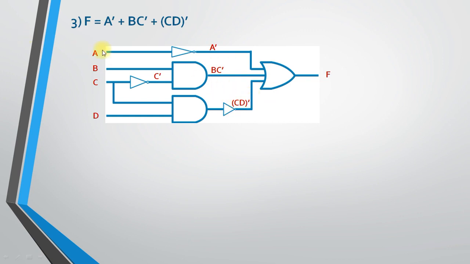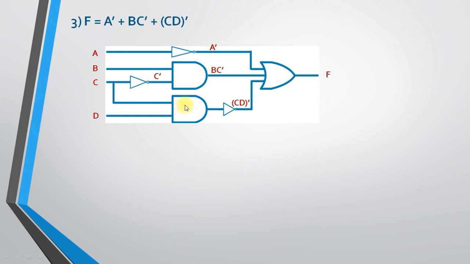Let me repeat this once again. There are 4 input variables, 1 output variable. As the first input of OR gate, A passes to the OR gate, but in between there is NOT gate. So A dash value is passed over here. Similarly, in the second expression, the value of B goes directly, the value of C goes inverted. So B, C dash. But over here we have used which gate? AND gate. So multiplication is there.